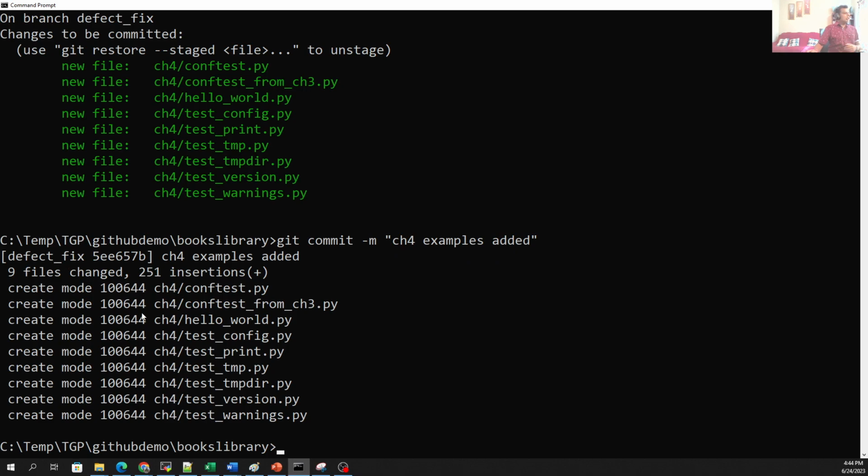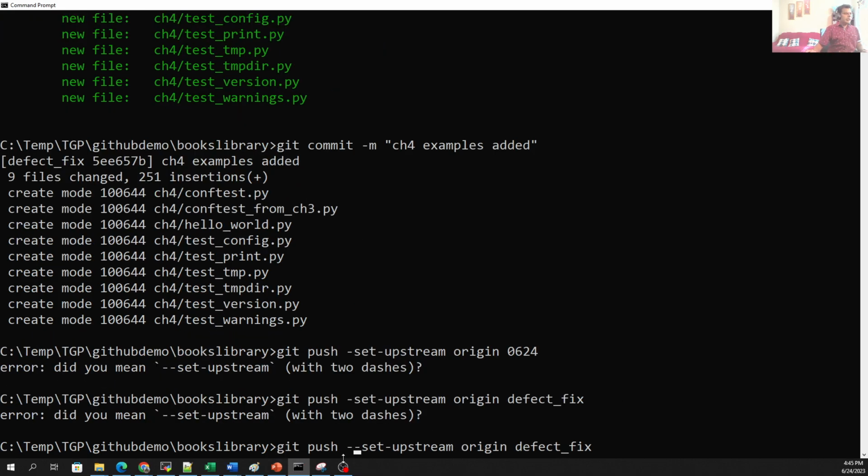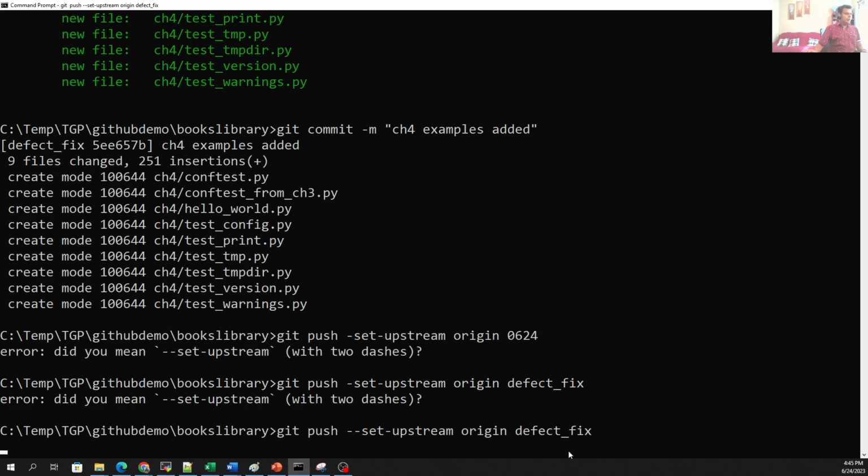So these are the code added to the local repo. And the next thing we can do, so we are done with our modification. Now we want to move this code to the remote. Okay, so we are saying upstream and all the changes from defect fix. With that,